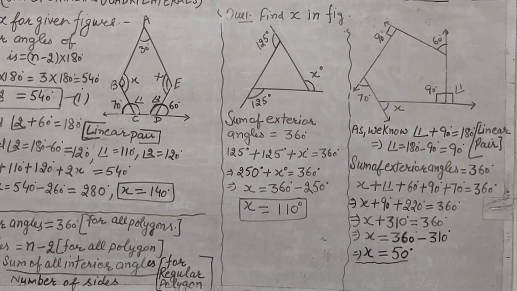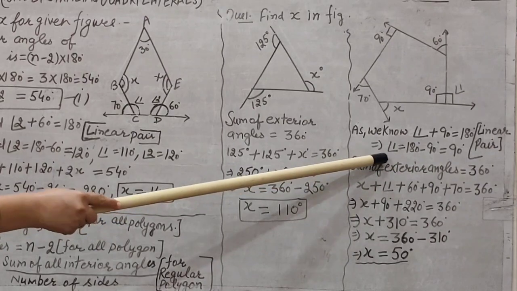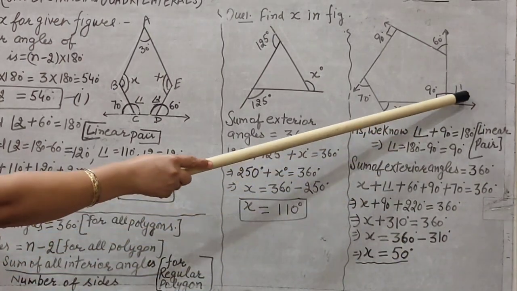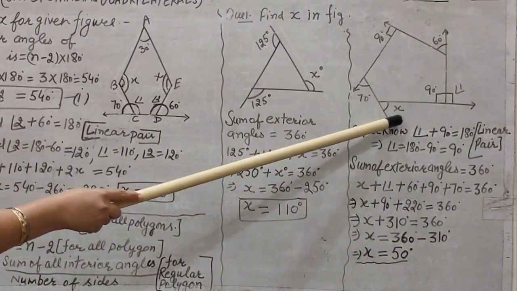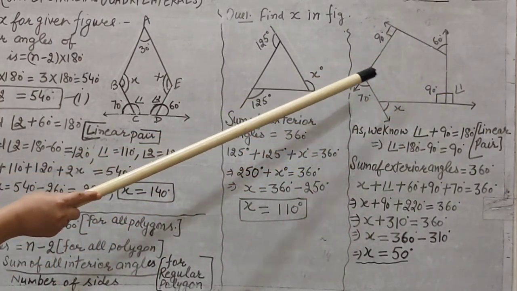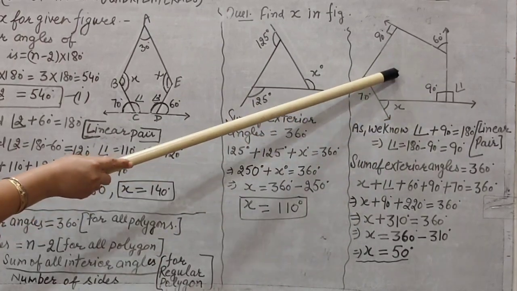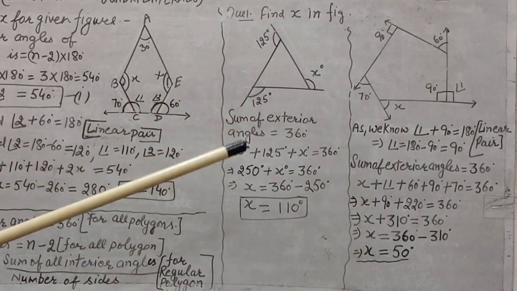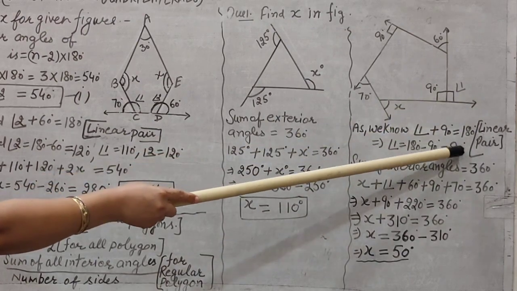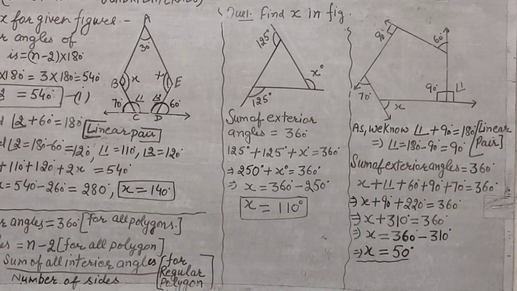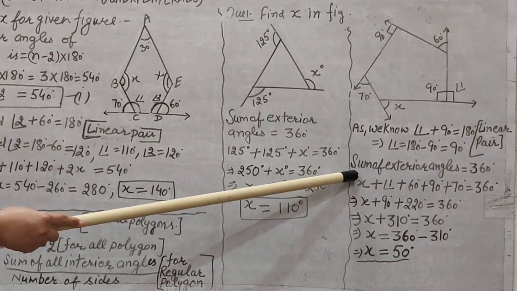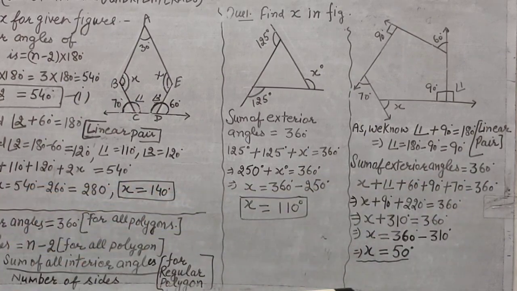From this, transpose 90 towards the right hand side. The value of angle 1 is equal to 90 degree. This angle 1 is in the exterior of this pentagon. So 1, 2, 3, 4, 5. Out of 5 exterior angles in the pentagon, we have 5 sides, 5 interior as well as 5 exterior angles. Out of 5, only x we don't know, but angle 1 we already found out, that is equal to 90 degree. Now, using the property of the exterior angle, the sum of exterior angles is equal to 360 degree.